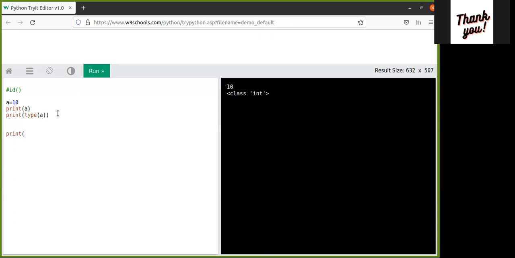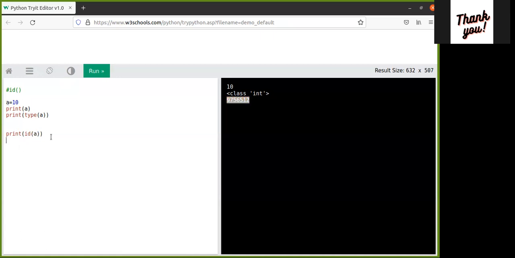Meanwhile, this variable also has a memory address. In order to know the address of the memory location, use the id function. This is going to give you the address of a. See here, this is the address we have.